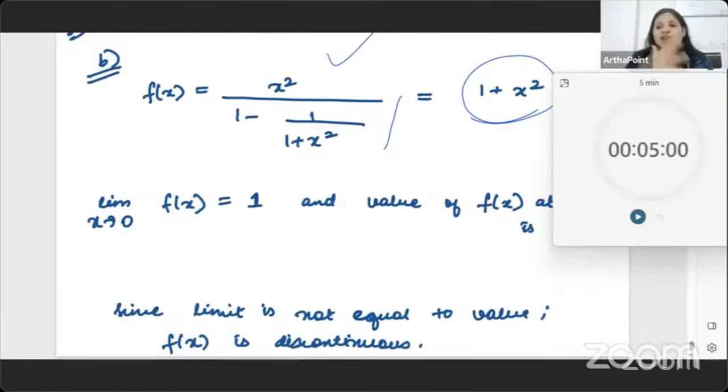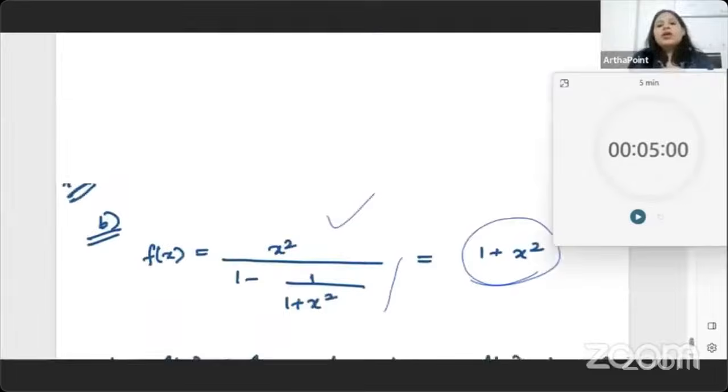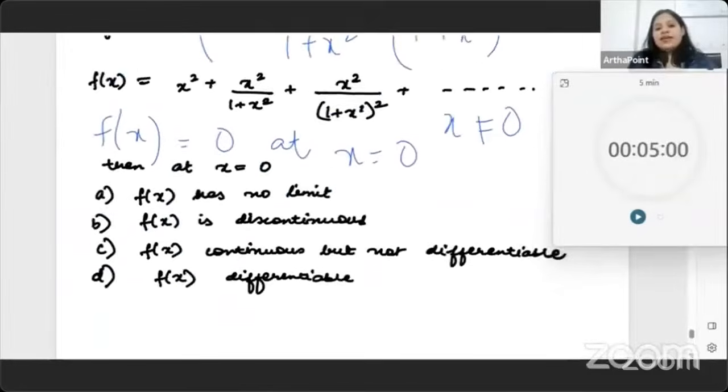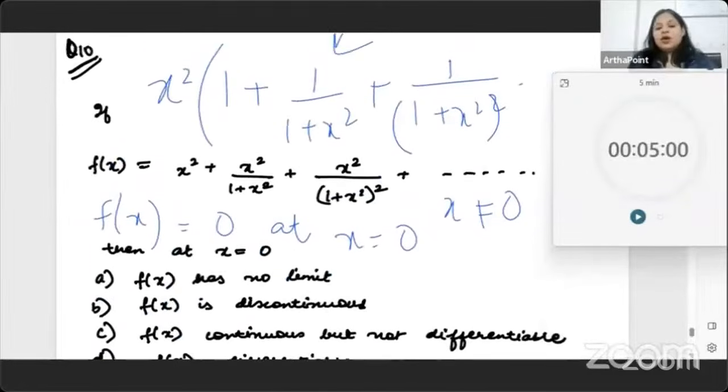So if that line is missing, then the function is continuous and differentiable. But if I add that line back to the question, then the function will be discontinuous. Okay, so that is it that I had for you guys. Just go ahead and try these questions again, and best of luck for your